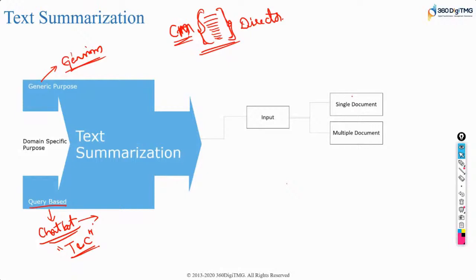And then you need not always have a single document to analyze. You need not have a single article, a single email, etc. Right? Sometimes you might have multiple documents, especially when you deal with law firms or forensic analytics. When you even work with forensic, a lot of data should be extracted from web, from their emails, so on and so forth. And the output could be abstractive or extractive.